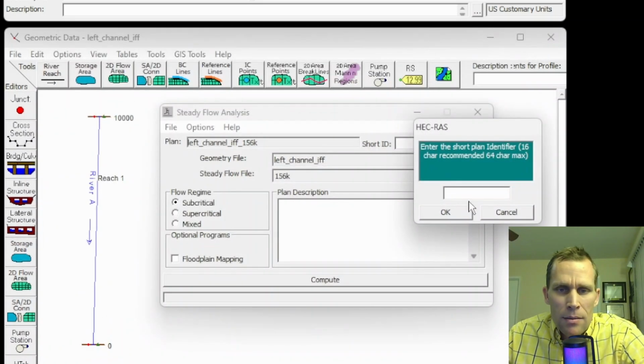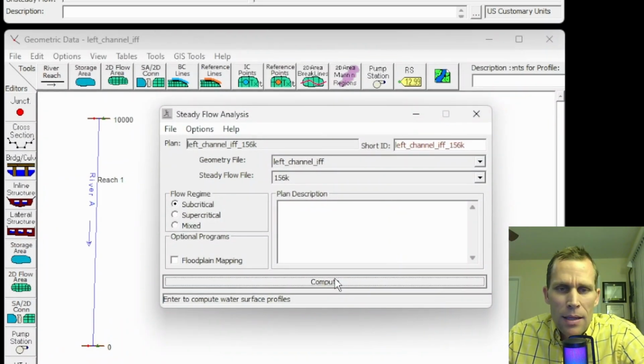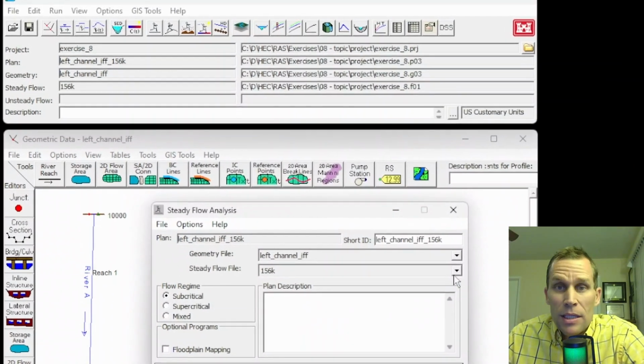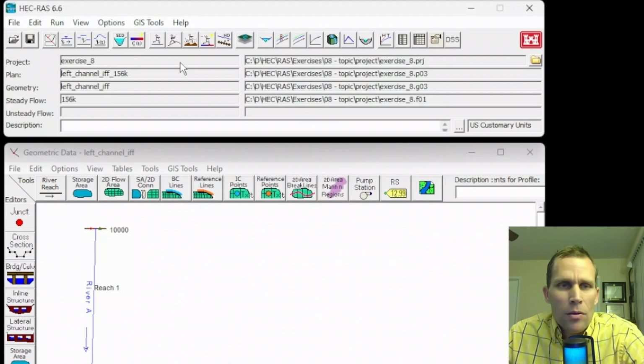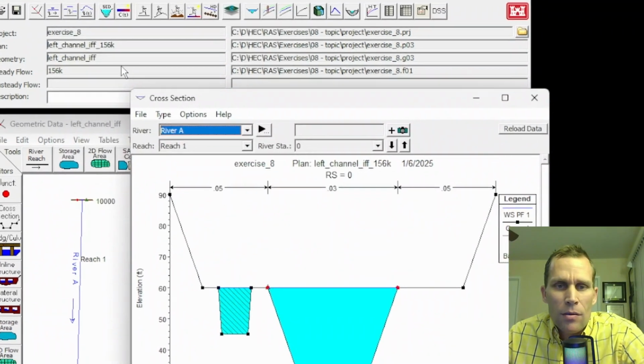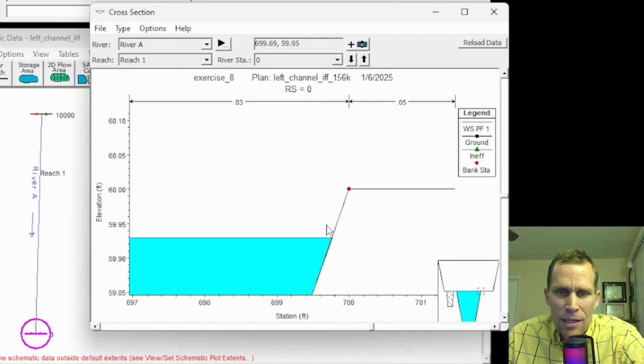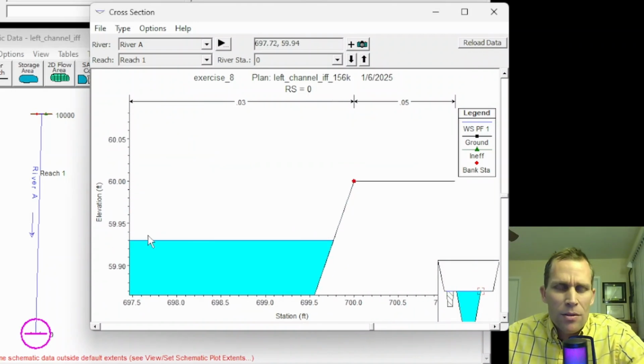And click OK. Same thing here. OK, and compute. Okay, that looks completed. Let's click close and take a look at the results now. So we'll close that. We'll go view, look at the cross-section data. Now we see the hatching here for the ineffective flow area, but I really need to zoom in or look at a table data. And we're back to where we started, where we have